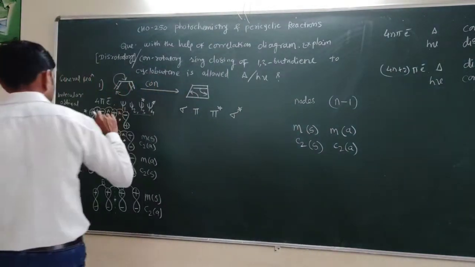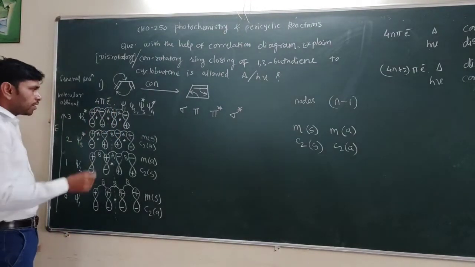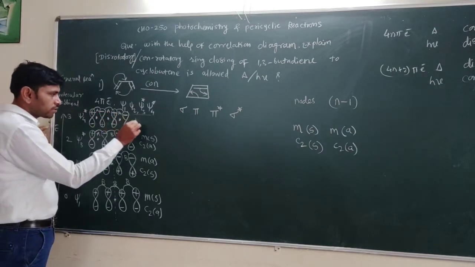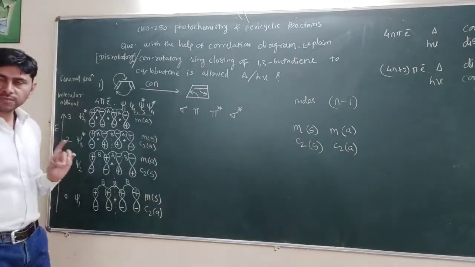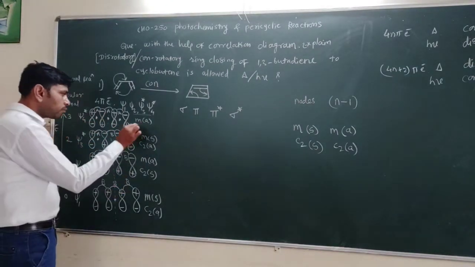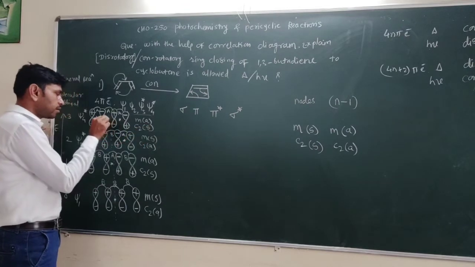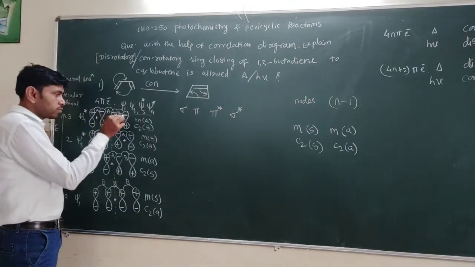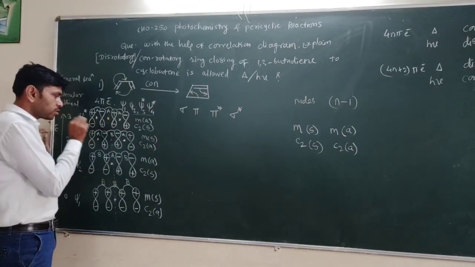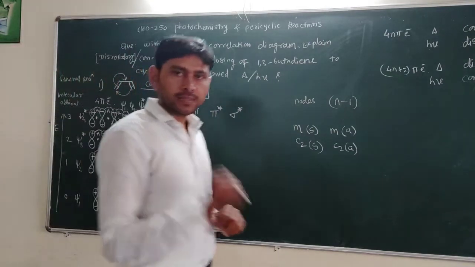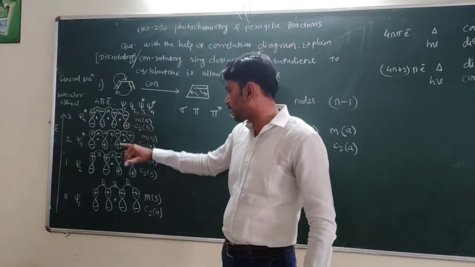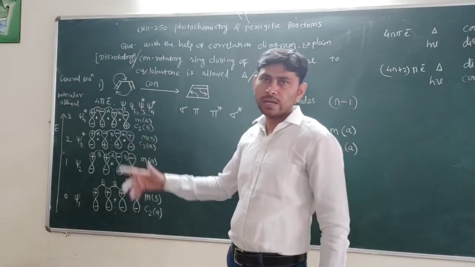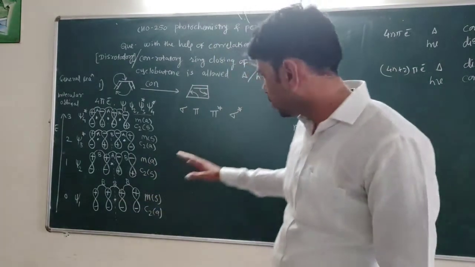What about this one? See here, when you pass a plane and fold the molecule, what happens? Negative sign coincides with positive, positive coincides with negative. That means M asymmetric. And what about C2? C2 symmetric here. See here, plus sign, and in the opposite direction plus sign. Here we go to a negative sign, and the same distance in the opposite direction we get a negative sign. That means this orbital is C2 symmetric. This one M symmetric, this one C2 symmetric, this one M symmetric. So alternately they are M symmetric and C2 symmetric.